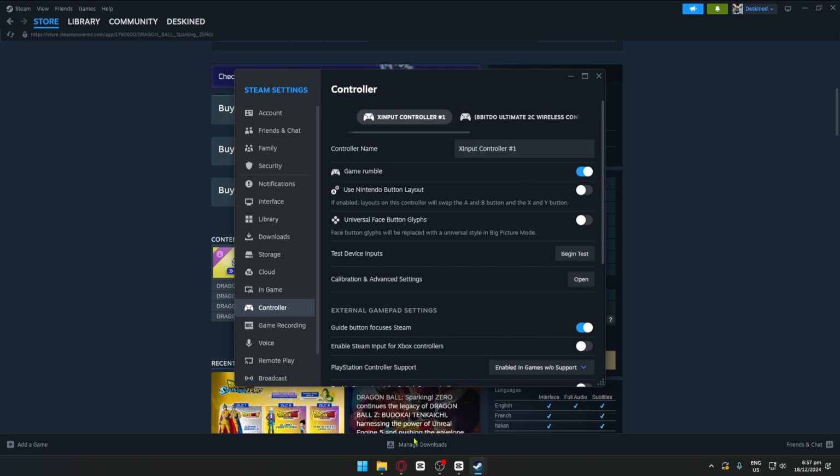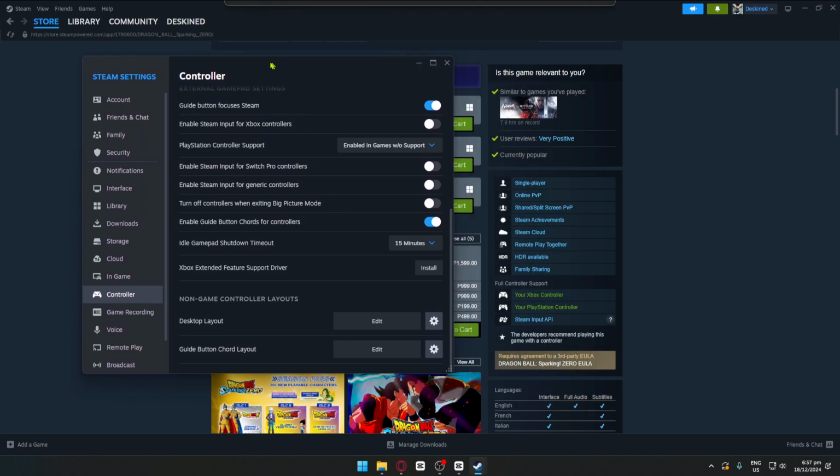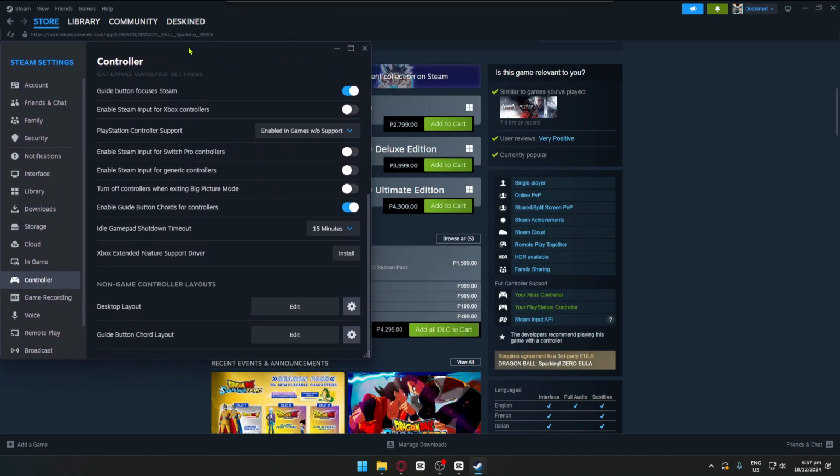So you can just use some additional software like DS4. You can download that software through the internet completely for free. Now, you can just make sure that you are using a supported controller for Steam and the